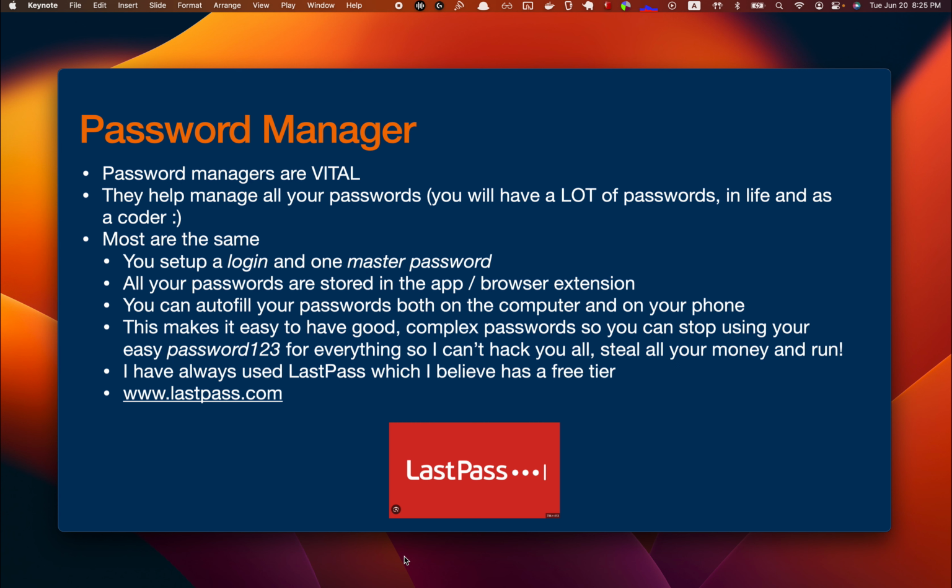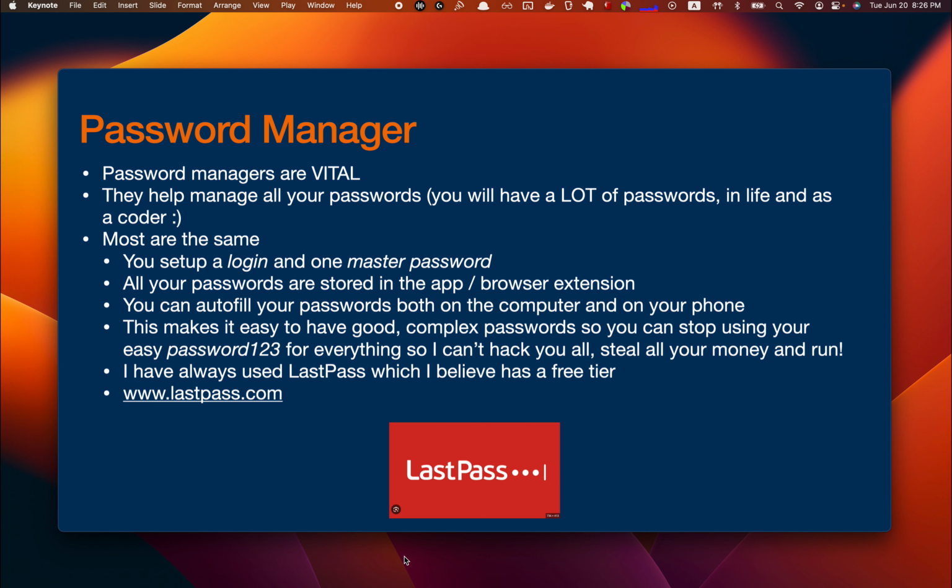So I do not, and I'll tell you why, because that only works on your phone, or now it works on your Mac too. So that's a similar idea. The reason I use LastPass is because the Apple password manager is kind of tied to your device. So if you get a new device, or you have multiple devices, or you get an Android phone, it doesn't sync. So if you have a third party password manager, you just download the app on whatever you're on and you log in.